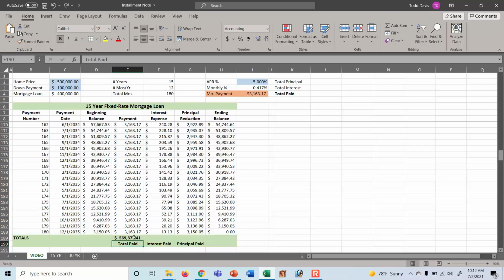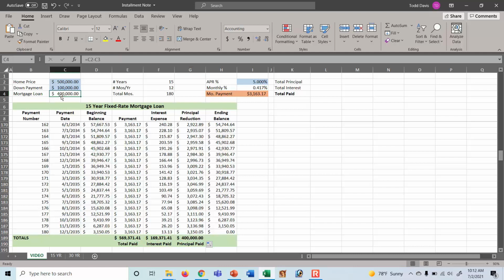You can now select cell E189 and drag the formula over through cells F189 and G189. Cell F189 shows that we paid $169,371.41 in interest, and that the principal reduction amount, the principal paid, is a total of $400,000, which equals the amount of our loan.